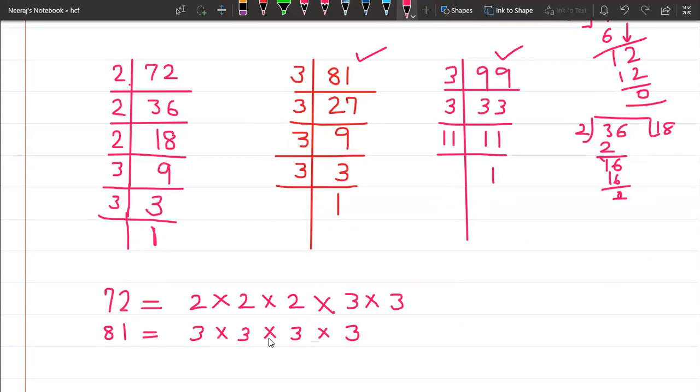Now the next number is 99. We will write the prime factorization of the number 99, and this would be 3 multiplied by 3 multiplied by 11. Now what we will do next? Now we will find the common factors, and you know how to find the common factors. So we need to check if the same number is present in all the numbers. So firstly we will check the number 2. Let's take a different color so that it would be clearer to you. So the next number is 2 in 72, right? We need to check in other numbers also, in 81 and 99 factors.